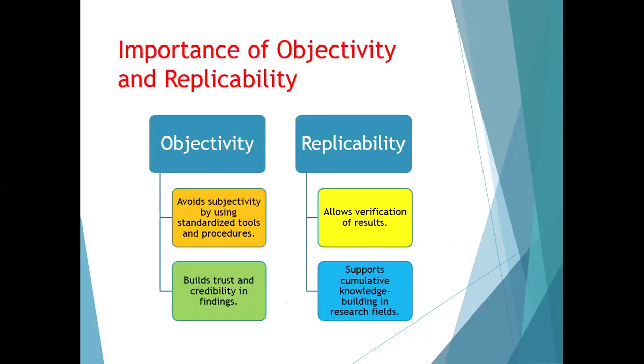Okay, the importance of objectivity and replicability. Objectivity: avoid subjectivity by using standardized tools and procedures. Build trust and credibility in findings. Okay, so when you prepare a research, you have to avoid